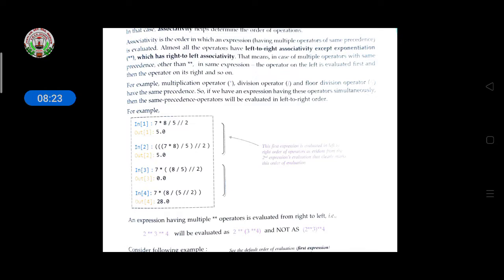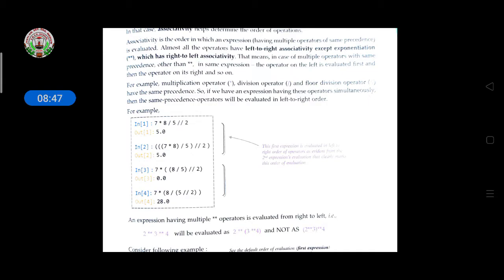So first of all you have to do the multiplication. So here 7 into 8 is enclosed in one bracket, and after that the result of 7 into 8 is divided by 5. After that, you do the floor division calculation with 2.